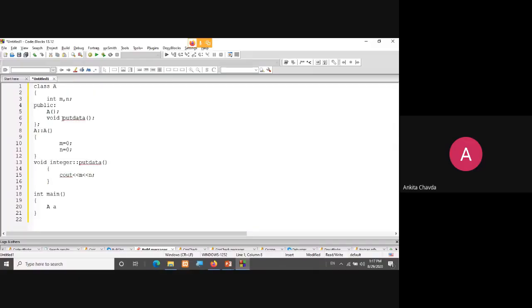This is my class A. Whenever I'm creating my object by writing this line, A, small a, semicolon, this is nothing but creation of the object.